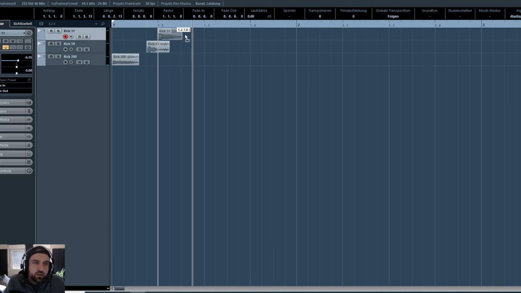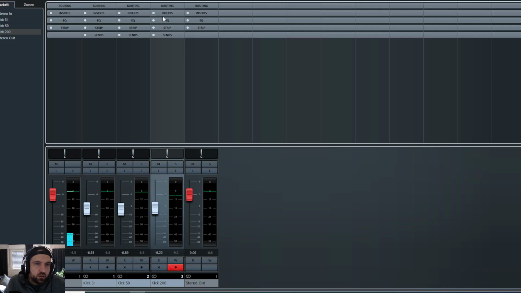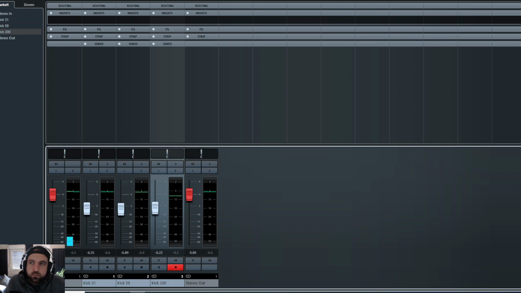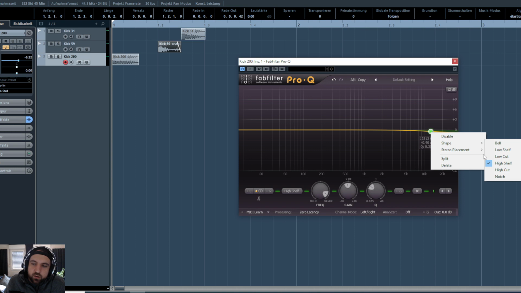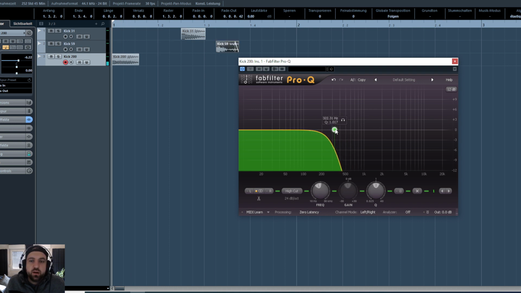So what I do is I'm using an equalizer. I'm using the FabFilter Pro. What I'm doing right now is a high cut to get rid of the high frequencies, so I only get the bass frequencies. So right now there's only the bass left,